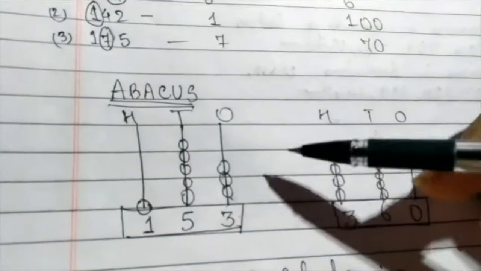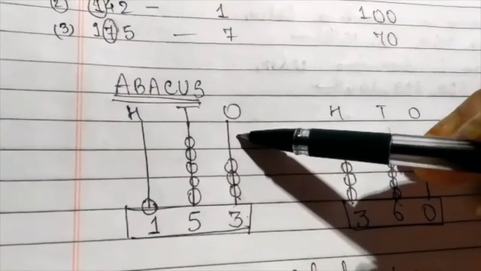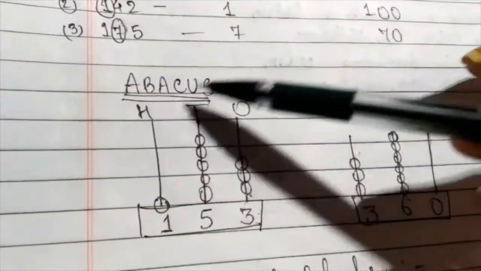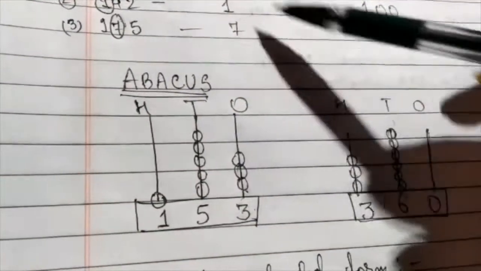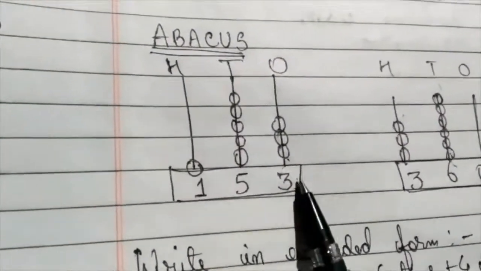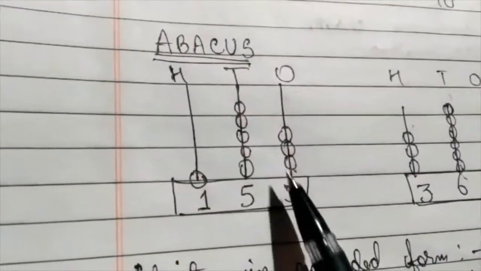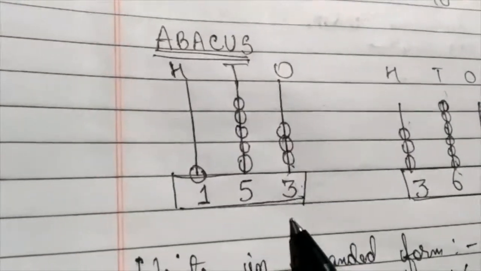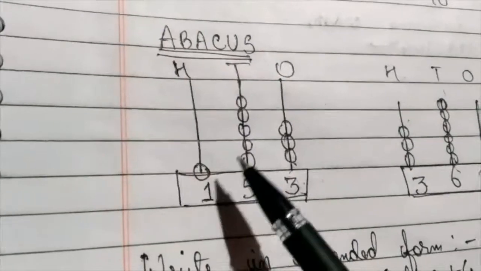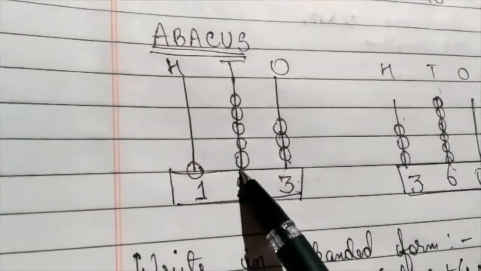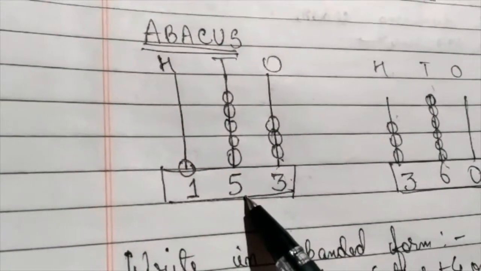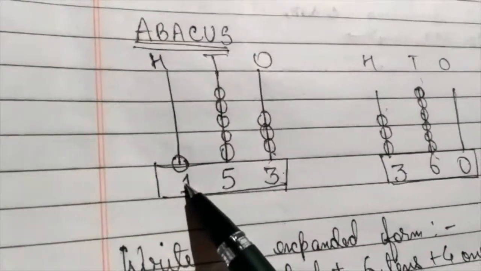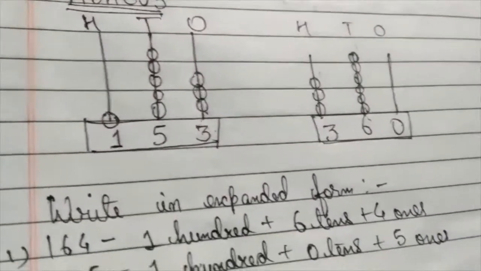Now we move to the abacus part. We have strings and in that strings beads are attached to it. So if there are 3 strings, that means ones, tens and 100. So this is 3-digit abacus. So we will just count the beads and write the numbers. So if we count here, it is 1, 2, 3. So ones place comes 3. If we count here 1, 2, 3, 4, 5, 5 beads are there. So in the tens place comes the 5. And here it is 1 bead. So the number is 1. So the total number is 153.